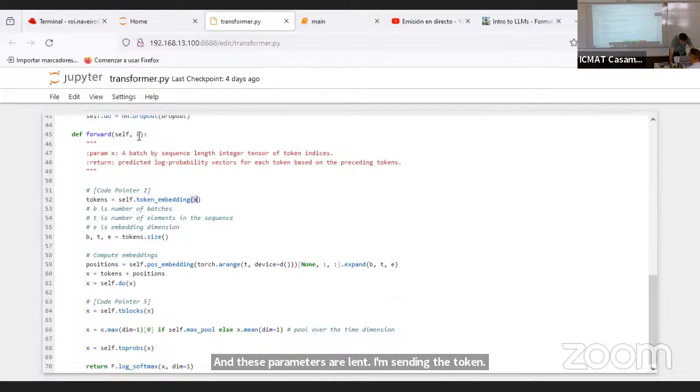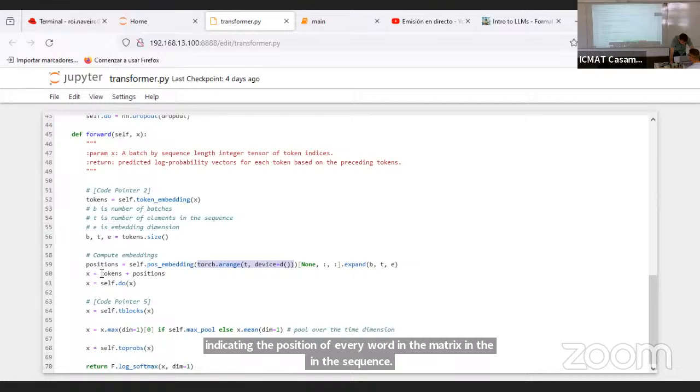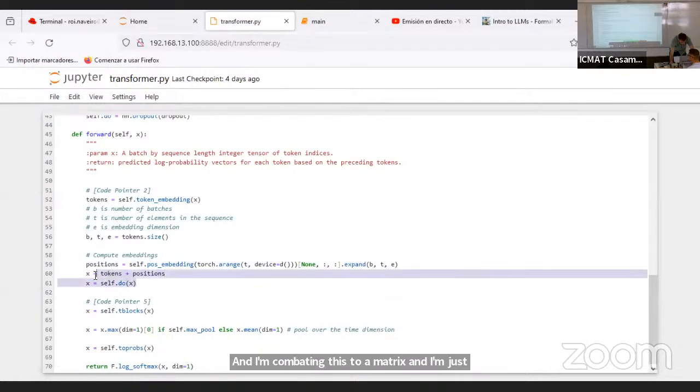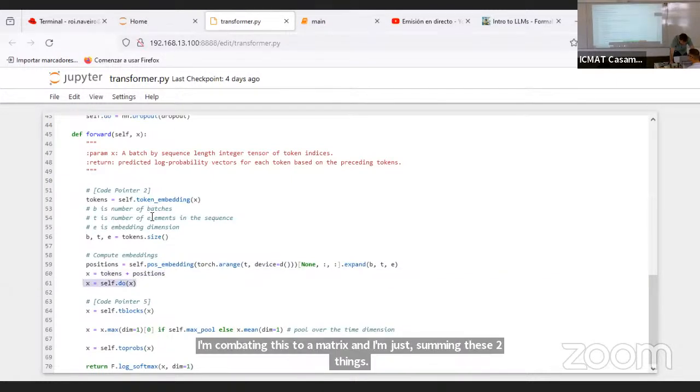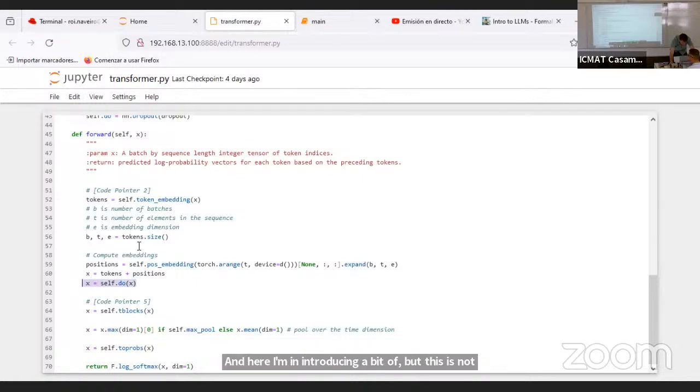This is the forward pass, where I introduce a sequence, or a batch of sequences in this case, and compute the output. The sequence is represented as a sequence of integers, and the first thing is to represent it as a matrix. For the position, I'm sending just this thing, which indicates the position of every word in the sequence. I convert this to a matrix and just sum these two things. And here I'm introducing a bit of regularization, but this is not very relevant for the purpose of the talk. The representation is just the matrix corresponding